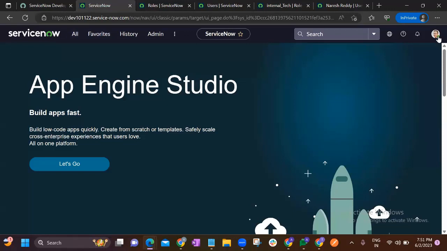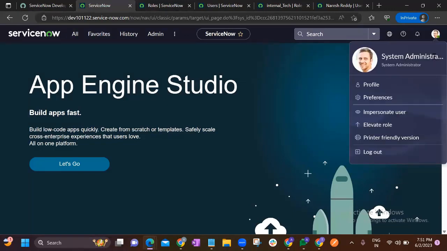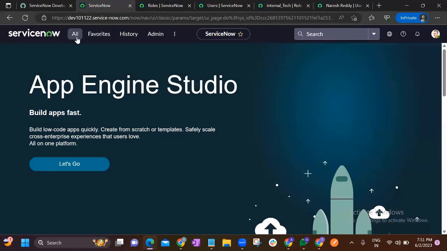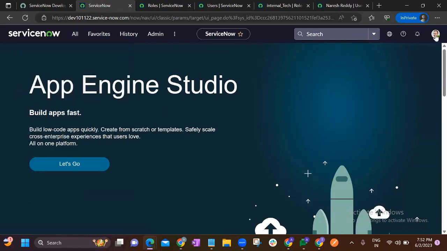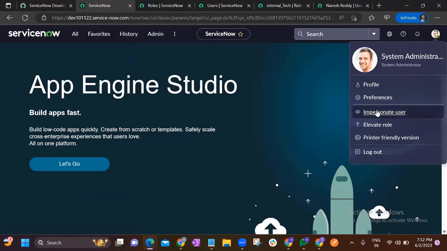With this system administrator login, if you search problem, can you see create new, assign to me, open, unassigned, resolved, risk accepted? These are all the modules. In the problem application, you can see many modules. Whenever you try to check with Naresh,